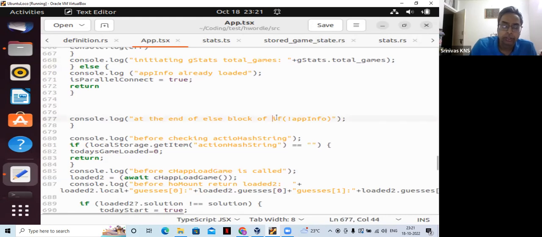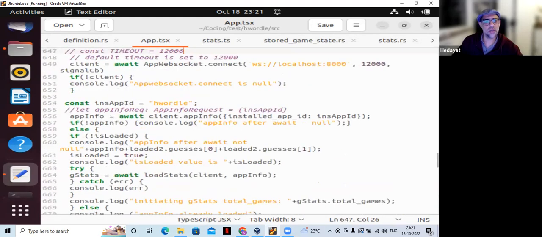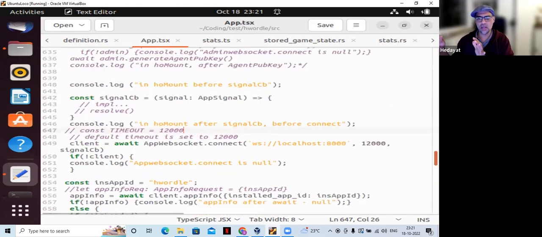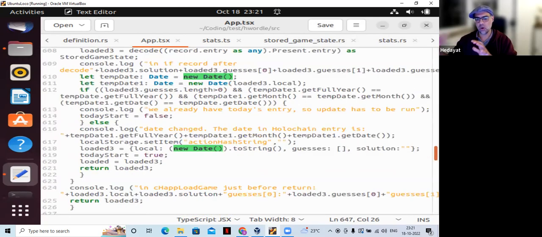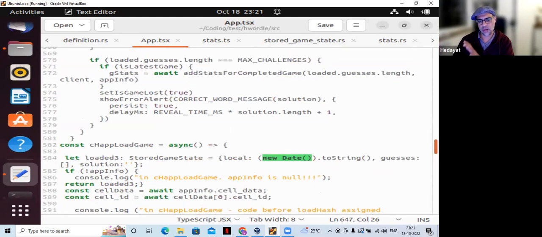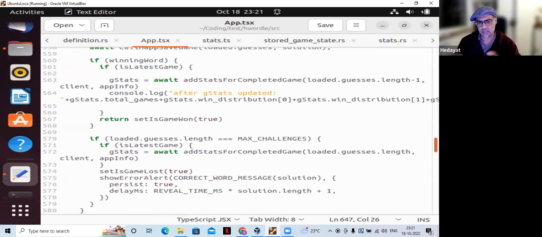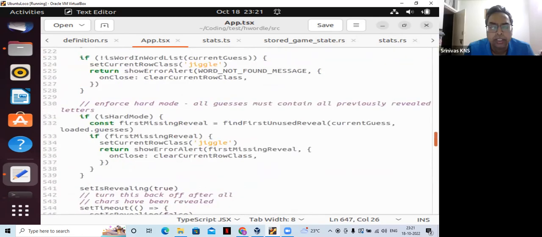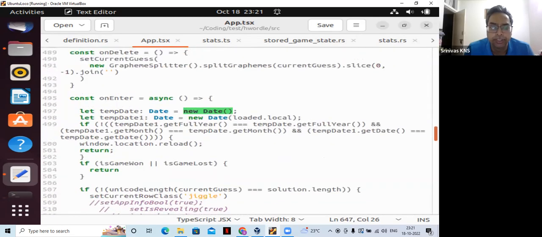Yeah. So just about the front end, a quick review is enough, because the main topic is the Holochain part. The big part is the hWordle. The hWordle is an already written client-side library, but the part where you connect to Holochain is what matters. So the front end, just basically